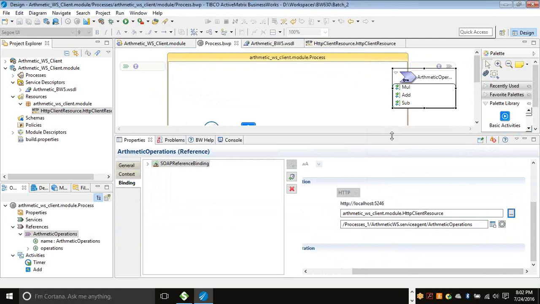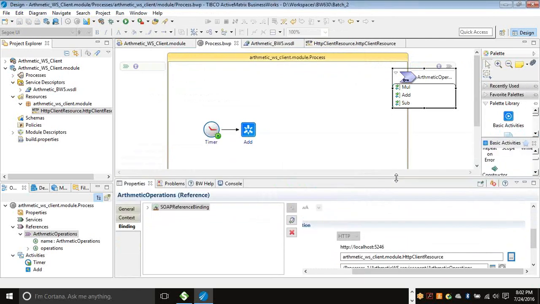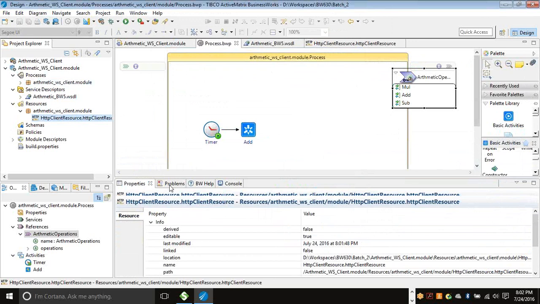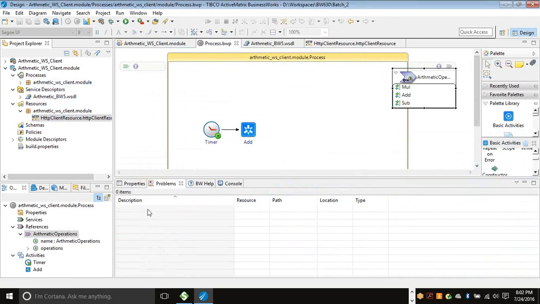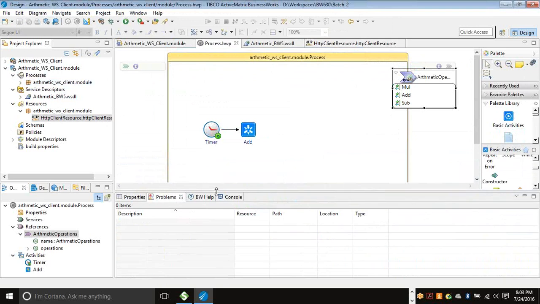With this, our process definition is completed. We don't see any errors now. Everything is fine. You can go and check the problems tab. We don't have any errors. This is how we create a SOAP client from 6.x. With this, I am done